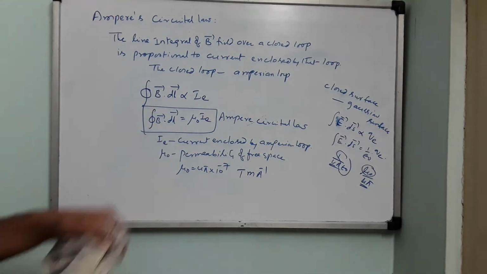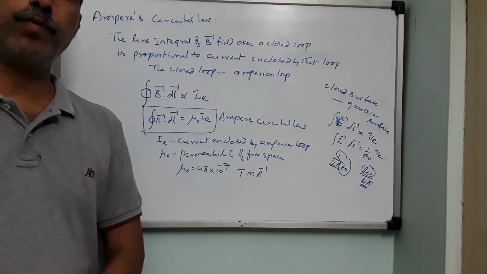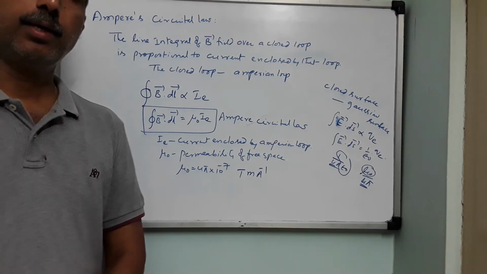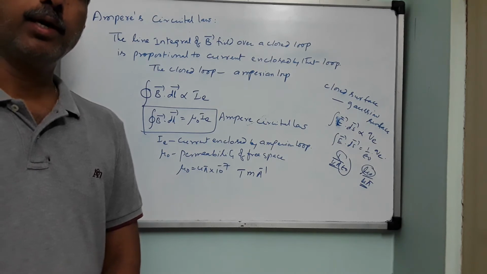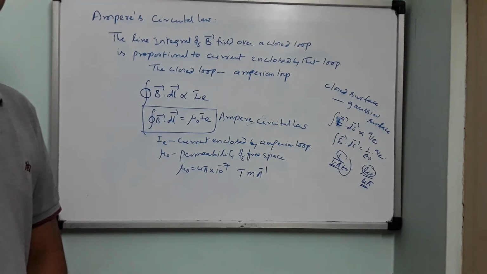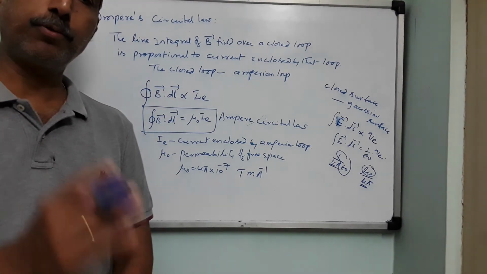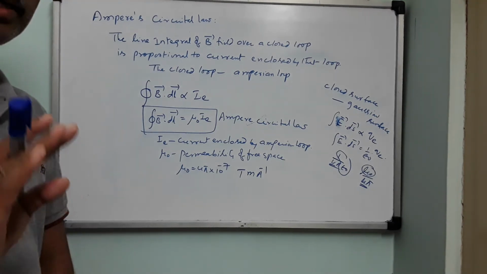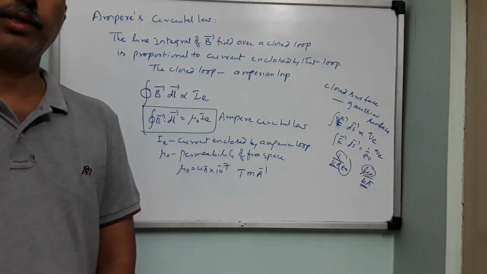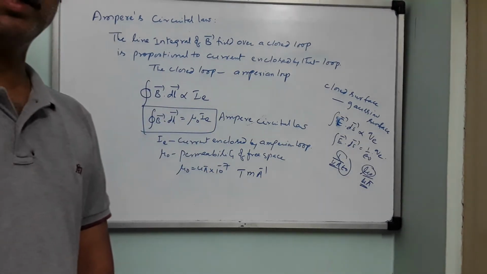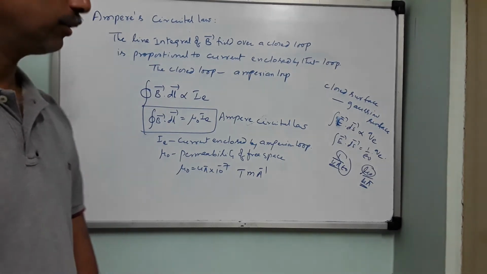Now, we apply this Ampere circuital law to derive expressions for magnetic field due to an infinitely long straight current carrying conductor. Like Gauss law is applied for a line of charge which is having infinite length. Gauss law is applied for a sheet of charge, applied for a shell also. So now shell is deleted from the syllabus. Only up to sheet you have to study. But the concepts of the shell are very, very important. You cannot just leave them behind and study the other things. In the examination it may not be asked as a question, but its concepts are very important and you need to apply them at many places.